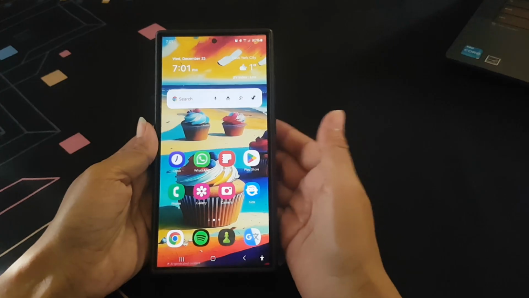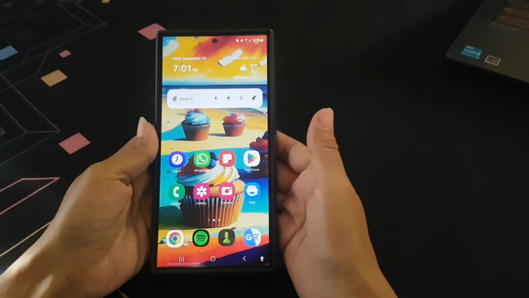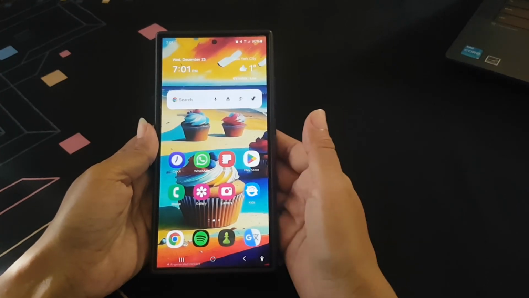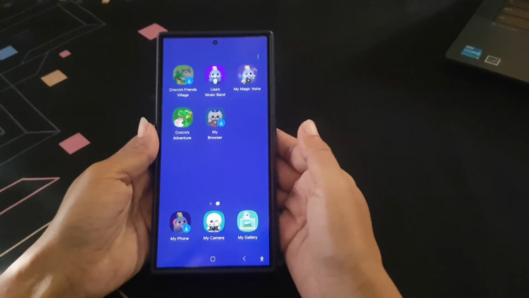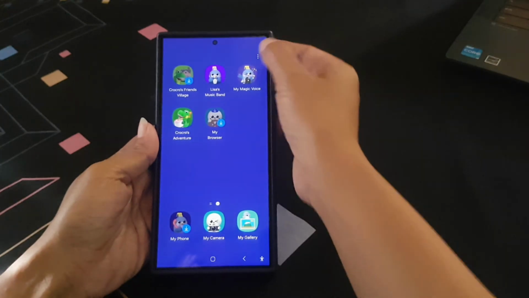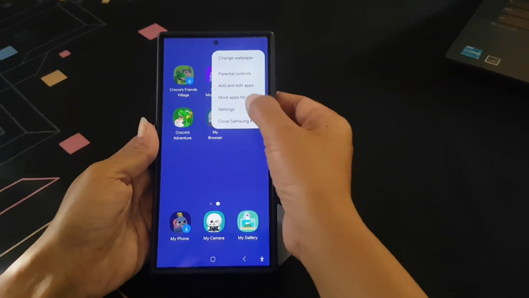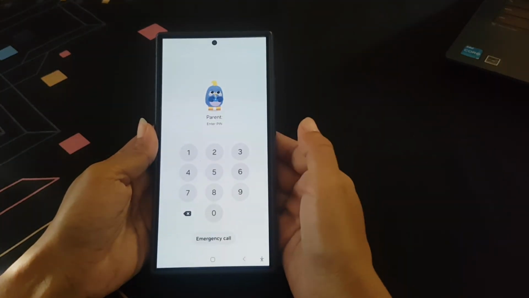To change the pin for the Kids app on Samsung Galaxy S24 Ultra, open Kids app, tap more icon or three vertical dot icon at the top right, and then tap setting. Enter your current pin,